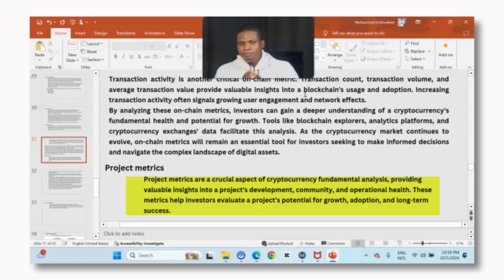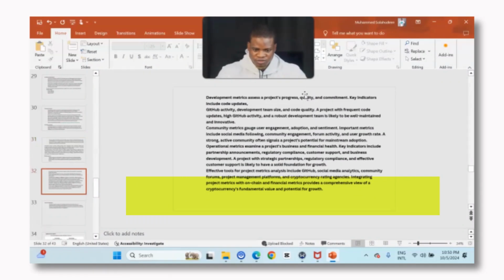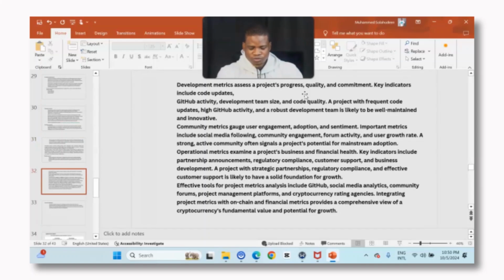If you look at layer 1 projects like Solana, you see that they are competitors. Cardano and others, you see the competition. Okay, what is this particular project doing better than its competitors? Those are the things you have to look at when it comes to project metrics in fundamental analysis. When you are doing project metrics, you look at development metrics, assets, the project progress,